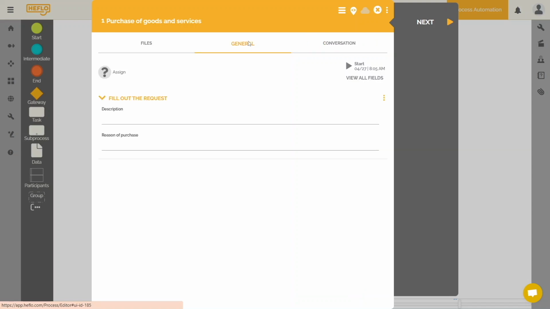What can we do here? Firstly, we can see what our process will look like for the people who will act in it, whether they are process executors or process approvers. Now I will be able to complete my work item here.